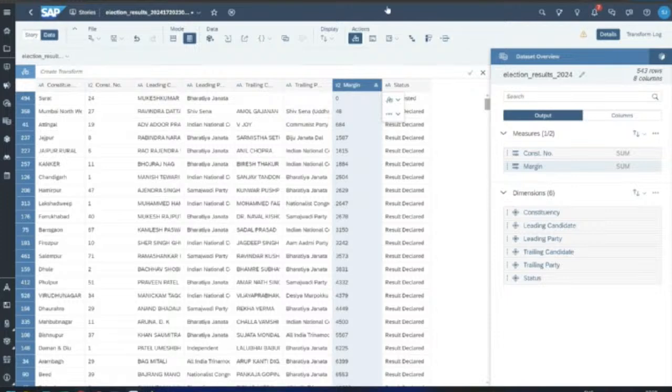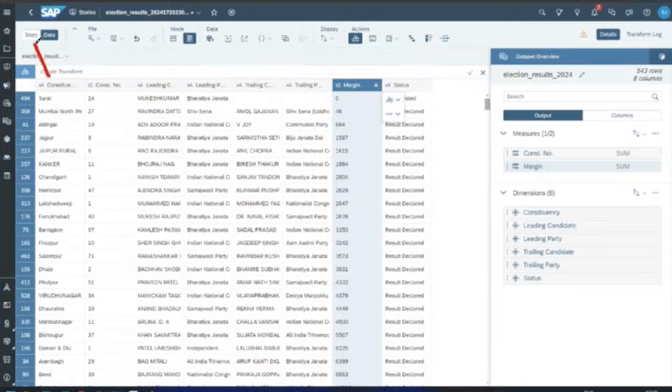The system also automatically categorizes the data set here into dimensions and measures. Don't worry, in session number 3, I will cover what is a dimension and what is a measure. So even if you are a college fresher, you will be able to learn, understand and build data insights with Analytics Cloud.